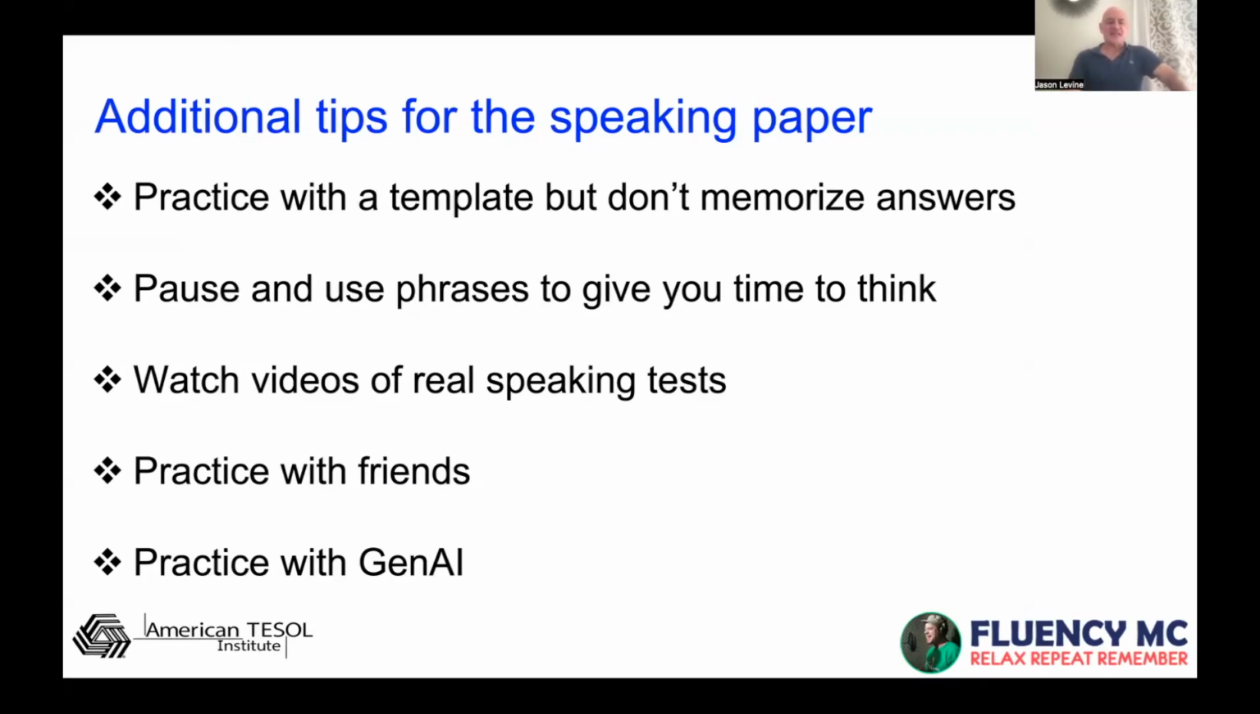And once they've seen it, they can practice with friends. That could be fun to do. One person is the examiner. Two people are taking the test. But then Gen AI, just this week, or is it last week,